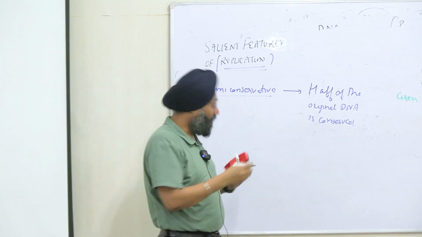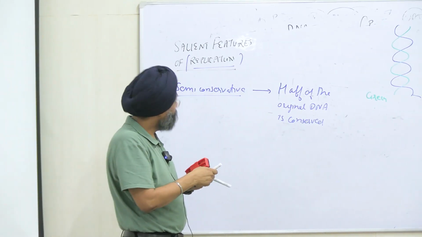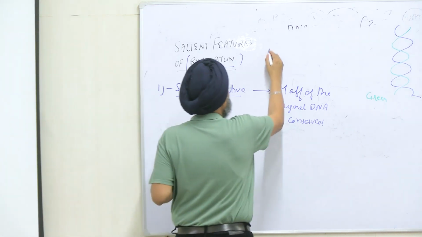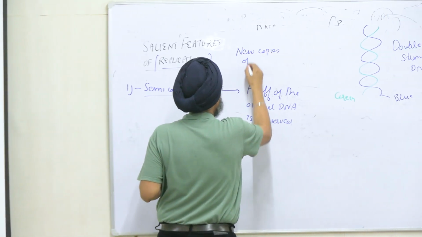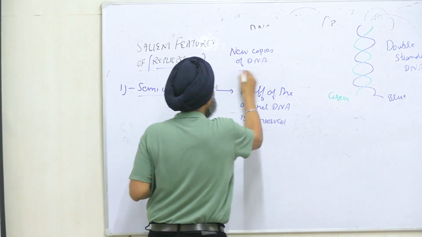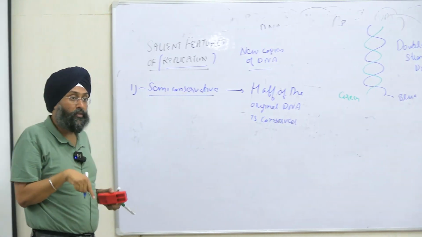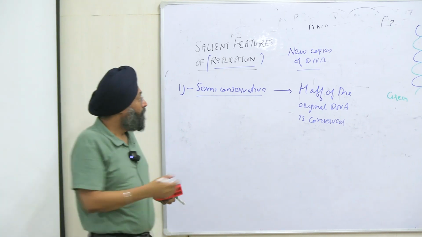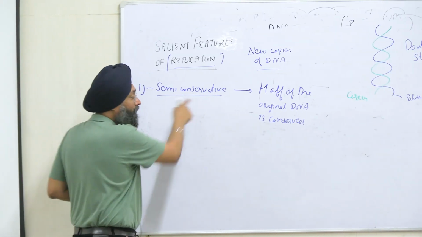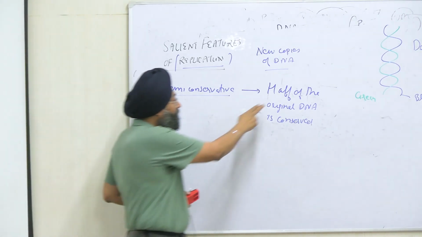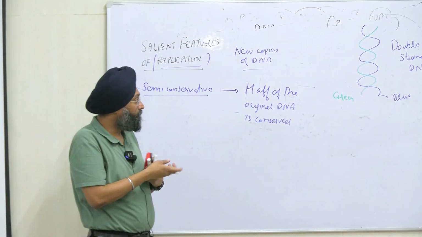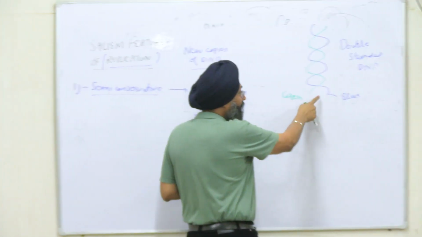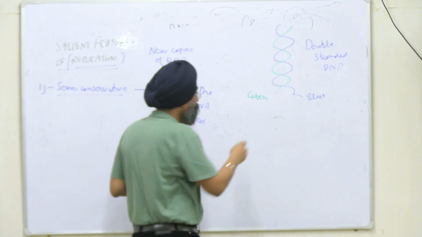Right? And we are forming new copies of DNA, right? Since we are forming new copies of DNA, the first rule is that it is semi-conservative, right? It means half of the original DNA is conserved. How? See, one strand is green and one is blue. In the new copies,